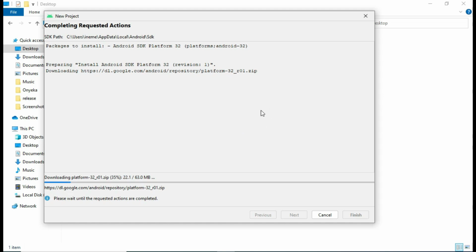So at this point, I want to tell you that you have successfully installed Android Studio on your system. You can start developing your apps. So alright,